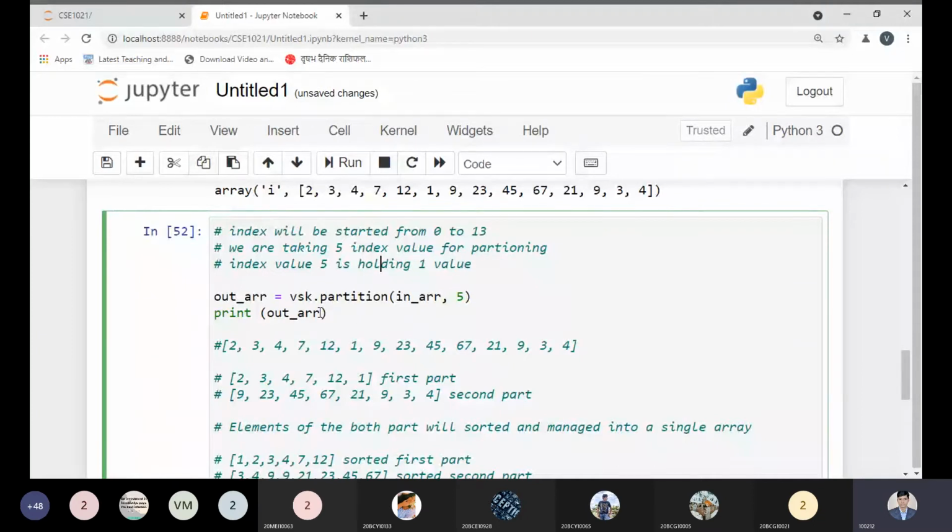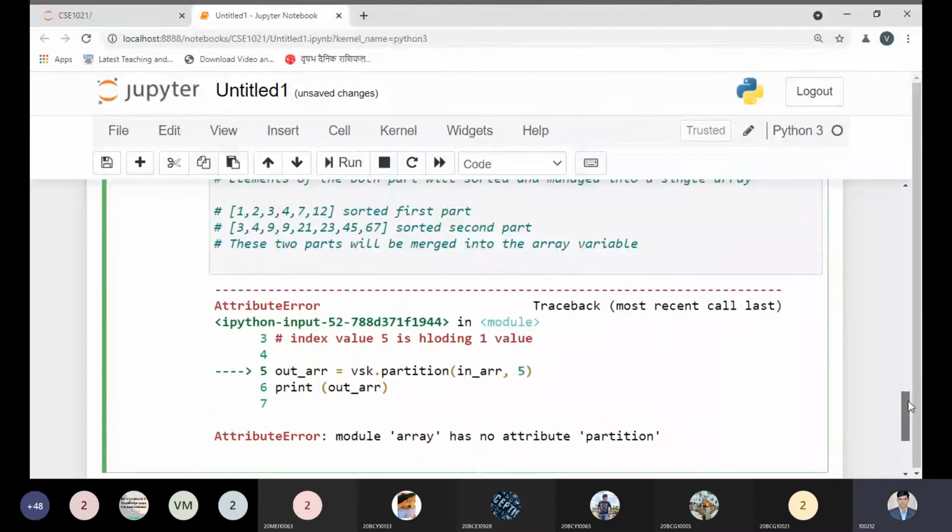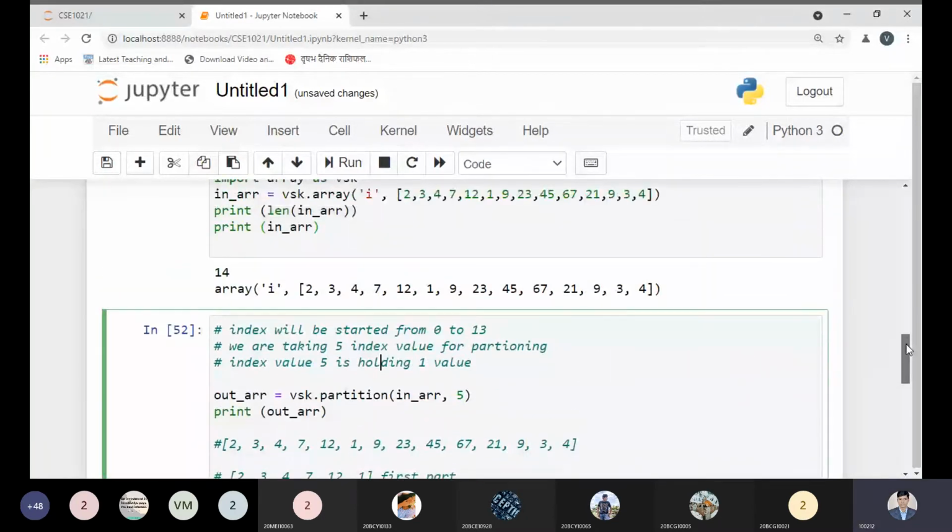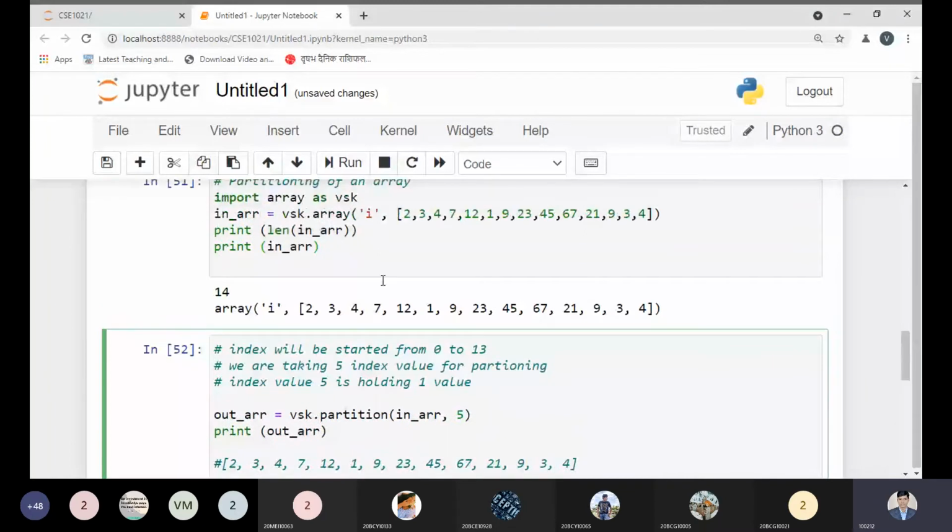The VSK dot partition int array, so we have the array variable. Model array has no attribute partition. Okay, why are we not having an error? Just let me know once again. So we are getting the error over here. Just let me see.